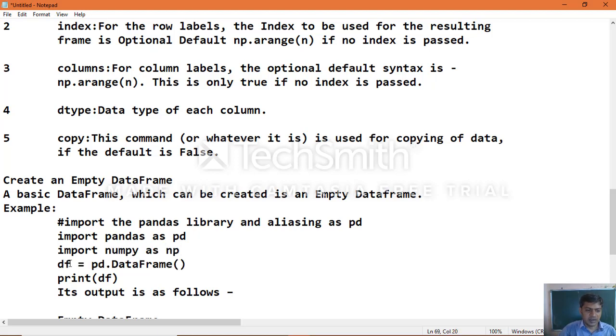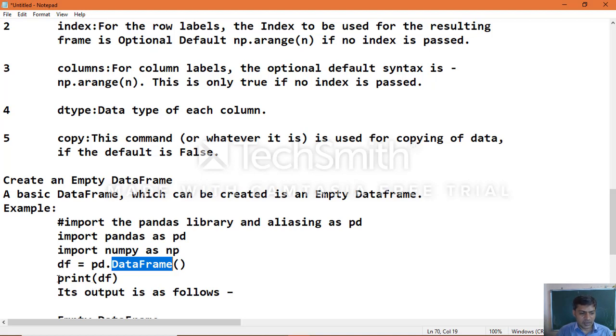Then the object name, data frame equal to pd.DataFrame, the constructor name, where D and F should be capital letters, and two parentheses.